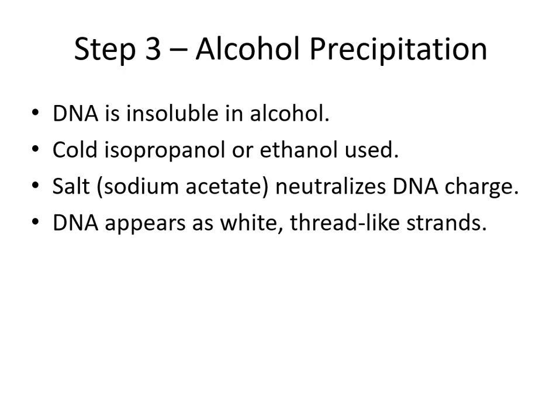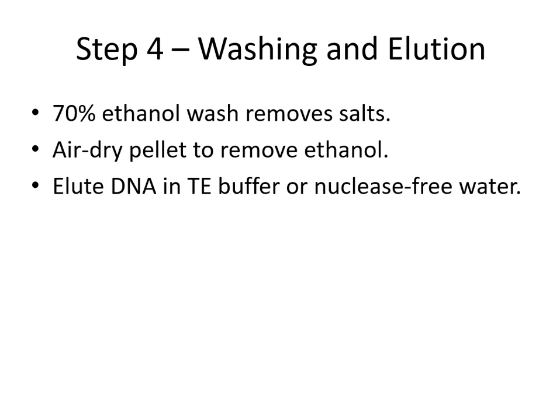Through the precipitation, DNA will appear white in color and thread-like in structure. With that appearance we can identify that we have precipitated DNA. The final washing and elution includes 70% ethanol treatment, which removes the salts present in the DNA precipitate,